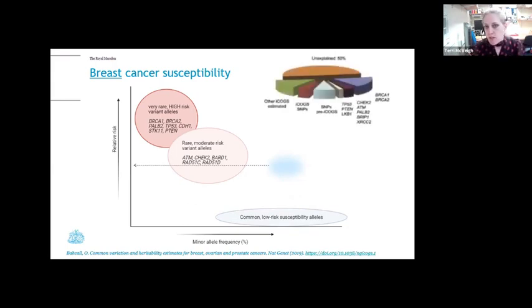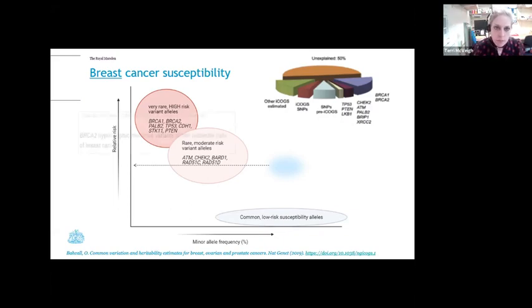If we look at the heritable risk factors for breast cancer that have been identified, there's a serious chunk of it that still has not been explained. Of the risk factors that have been identified, a proportion are the high and moderate risk genes, but actually a significant contribution of the heritability of breast cancer is accounted for by these low penetrance alleles and the polygenic risk score. And that's why we've got these familial clusters of breast cancer that don't necessarily follow a Mendelian pattern